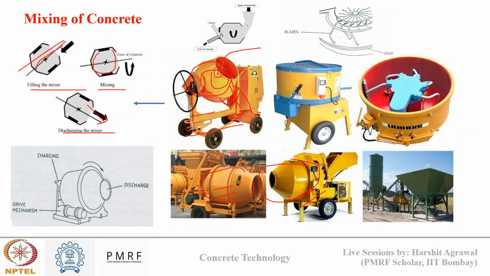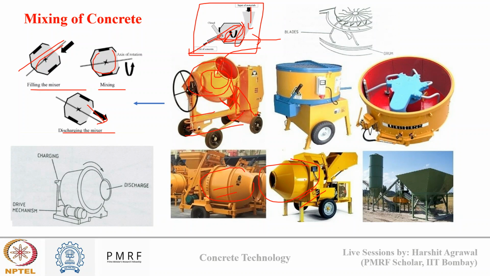In this image at the top you can see one clear way how this mixer works. From the top we pour the material, mixing happens here, and this is the exit at the bottom. Or there can be a mechanical drive, which after mixing will push the material out from the same side. So both ways are possible. Since we are not tilting anything here, we can use a higher workable mix also in such mixers, and it is generally used for large scale projects where we want to rapidly discharge concrete.